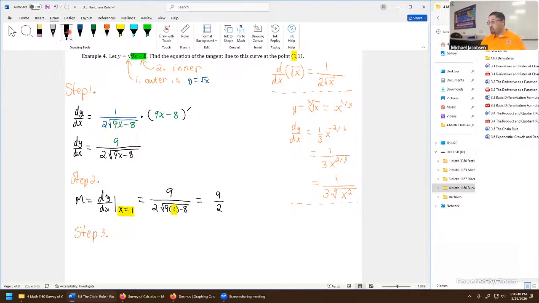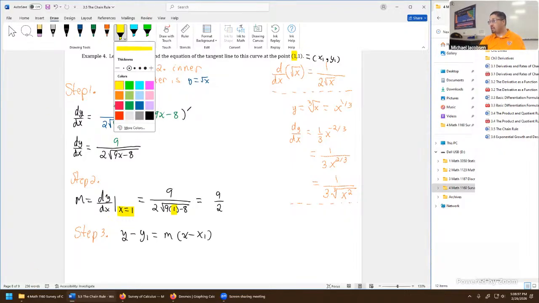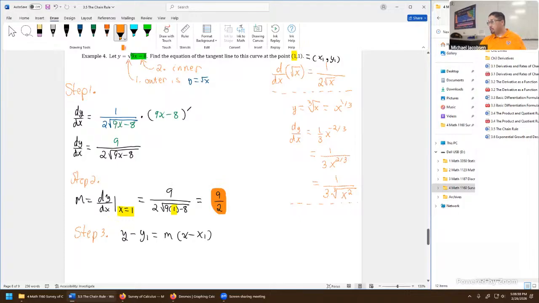Our tool for building the equation goes y minus y1 is a slope m, which we just found, times x minus x1. The original point 1, 1 is our x1, y1. So plug all that in to the right slots, and we're through with the problem. So the big analysis is the derivative provided the slope to the tangent line. So now it's y minus 1 is 9/2